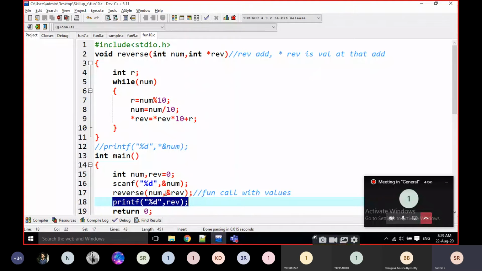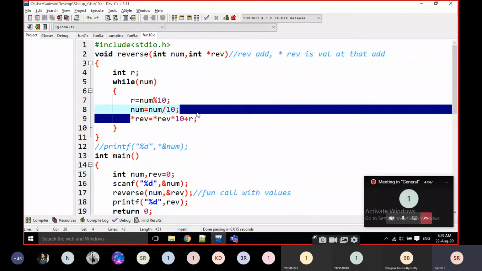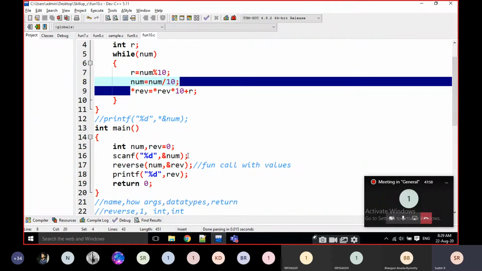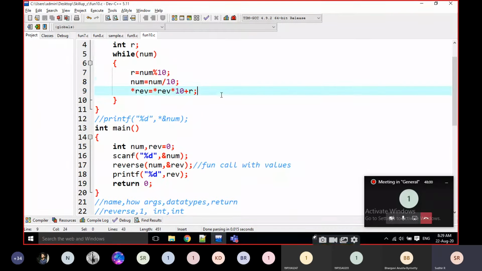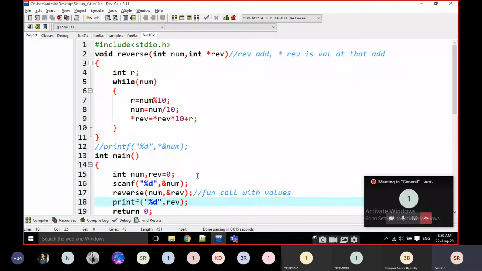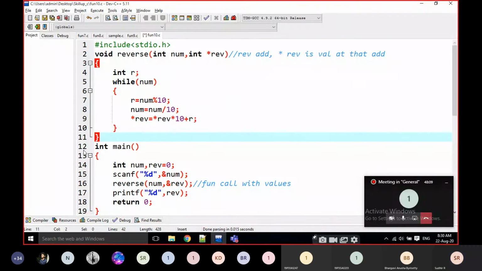Why? Because here I am passing the address. I am modifying on that address. That means I am going to that address, I am going to beat that person. Is that affected or not? Yes, definitely affected. And what I affected on that memory location is reflected in the main function. Just note it down. Very important one. This method is very, very important.